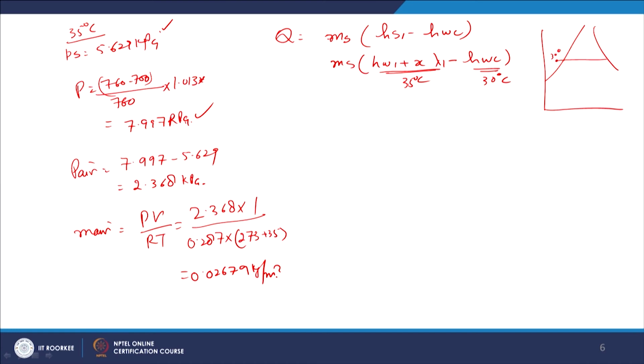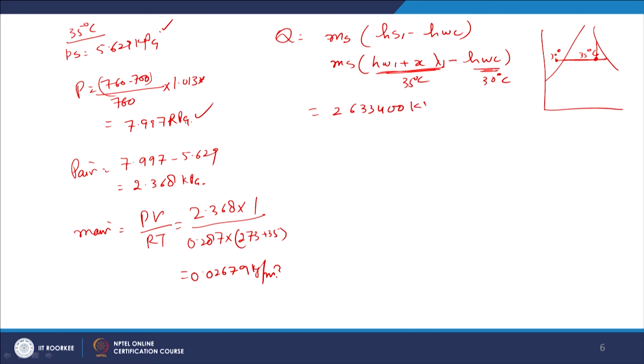From here the pump will suck the water and send it to the boiler, and this is the condenser steam temperature, 35 degree centigrade. So we have taken the mixture, because after expansion we will get a mixture of vapor and liquid. So we have taken properties for 35 degree centigrade here and properties at 30 degree centigrade here, and if we take the difference by putting the values, we will be getting